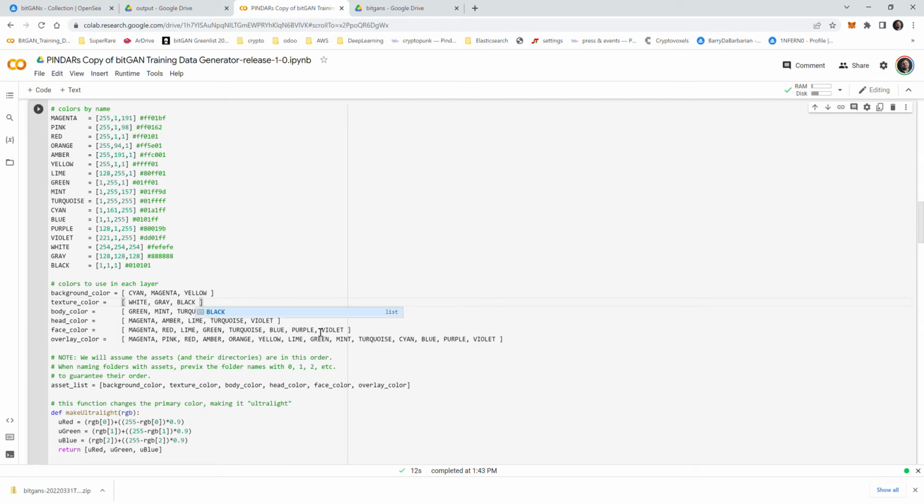Okay. So now I've specified that in the texture layer. Just to repeat for people coming into this who don't remember the last tutorial, a bitGAN is made up of 6 layers: a background, on top of the background is a texture, on top of the texture is a body, on top of the body is a head, on top of the head is a face, and on top of everything is an overlay. So I'm going to try and take a lot of the color out of the background, and I might do the same thing with this one. I might do white, gray, and black for the body,